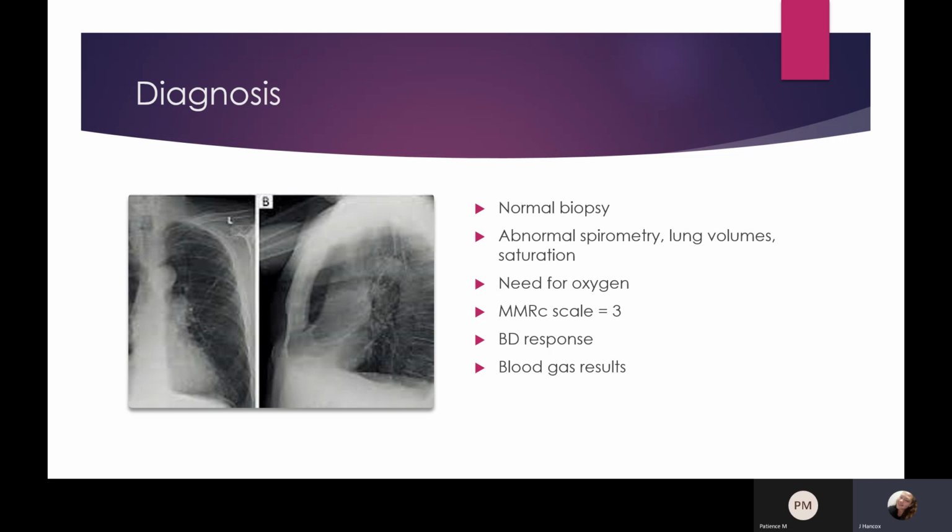The patient placed himself at 3 on the dyspnea scale, which means he stops for breath after walking 100 meters or after a few minutes. This is quite high on the scale and suggests that there is respiratory impairment. Spirometry showed significantly decreased lung functions with an FVC of 30%, an FEV1 of 16%, and an FEV1-FVC ratio of 43%. Keeping in mind that the normal ratio is between 80 and 120%, it is evident that there is severe